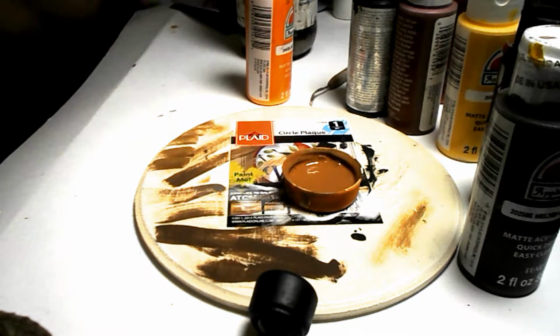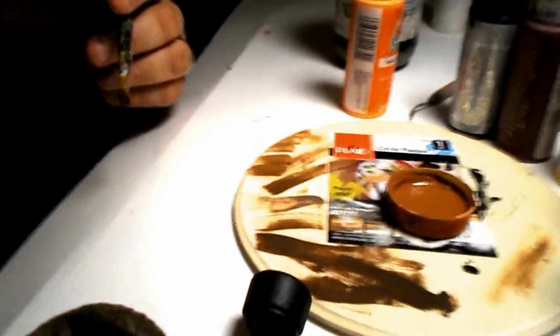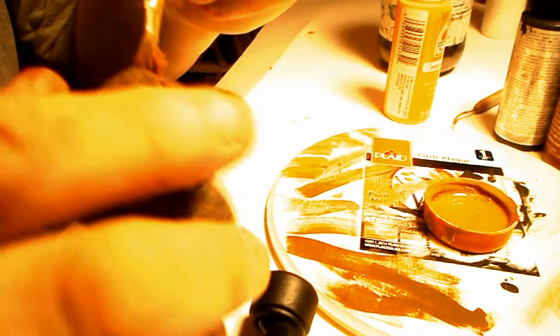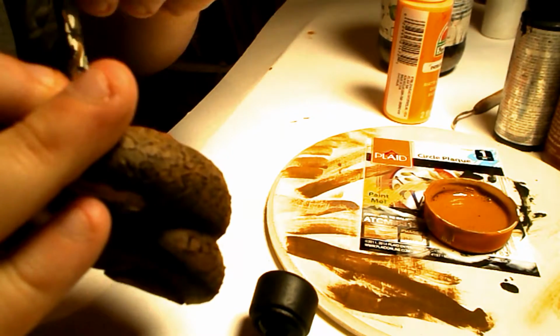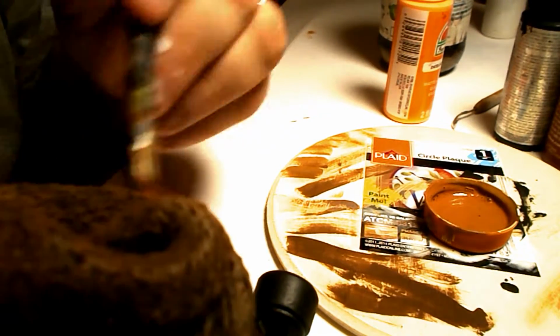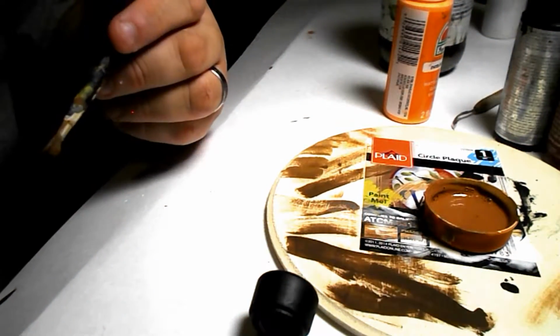Let's see here. I'll go ahead and grab my paint rag and clean off the excess that way. Kind of get a little excess off of it. Now, turn the camera back to me a little bit. Get a little more excess off. A little more of it down here. Dry brush a little more off. Now,